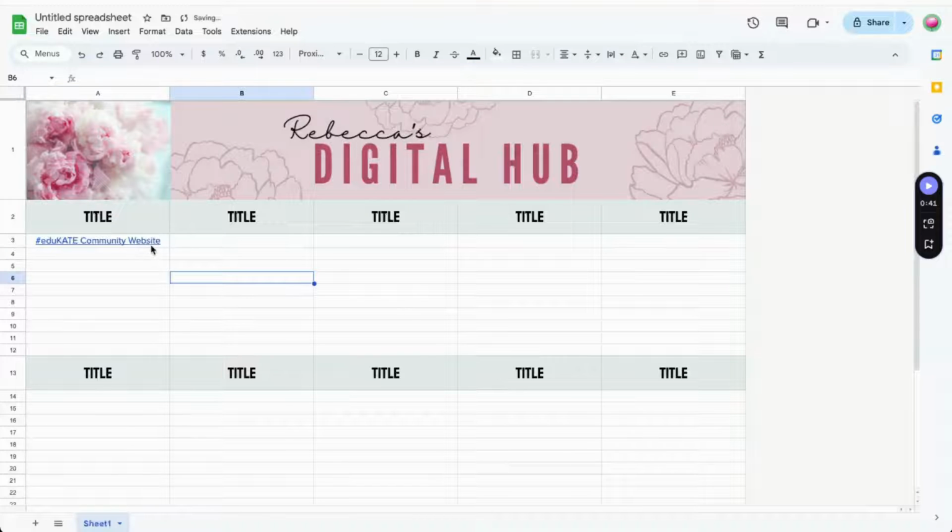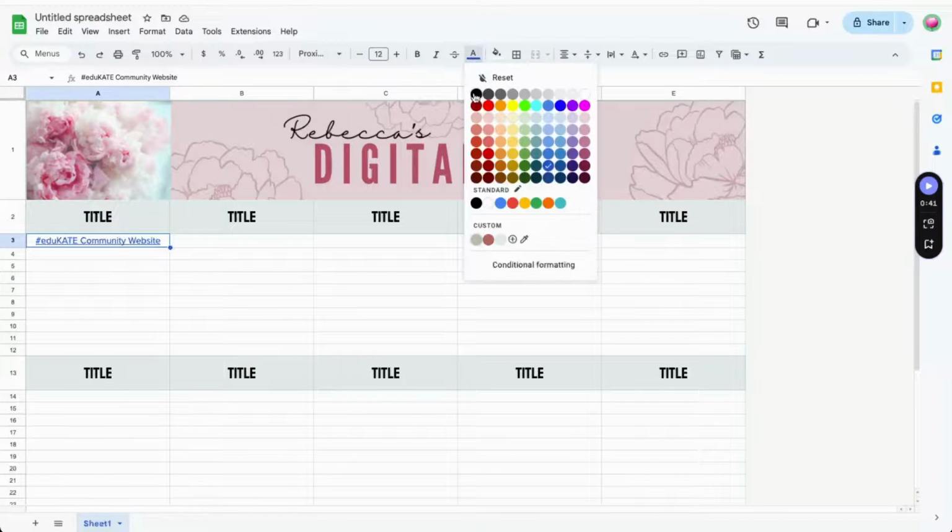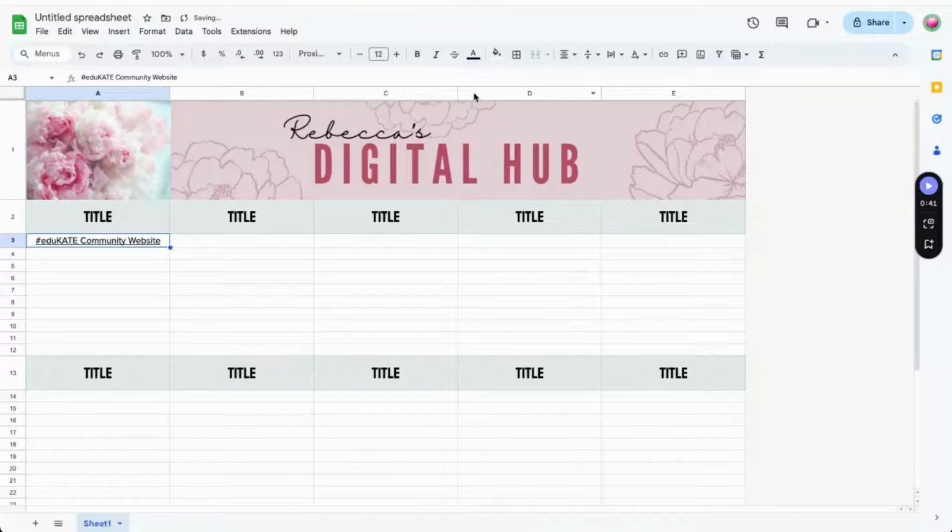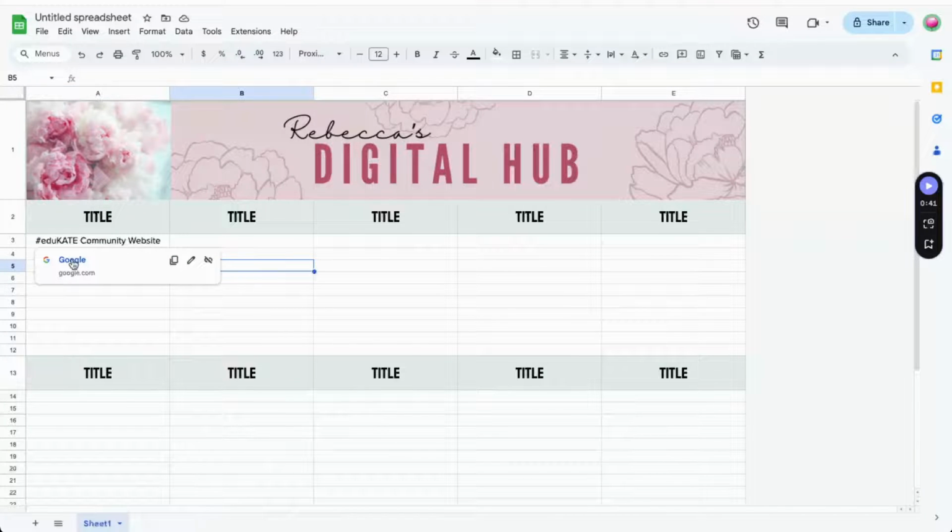It will automatically turn your links blue and underline them. If you don't like the way this looks, you can easily turn your text back black and remove the underlining by pressing Control U. Now, when I click on this cell or hover over it, it will link me directly